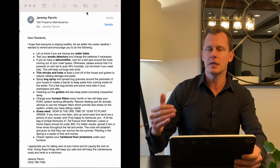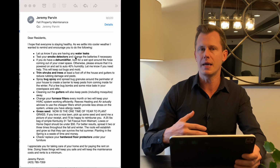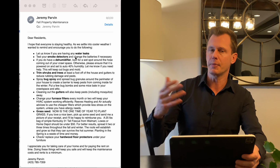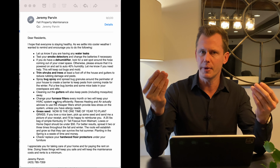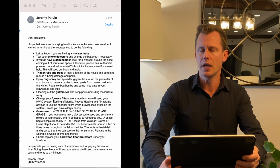fall, with a few basic preventative maintenance things for them to do, as well as letting them know that I'm going to have my team come out there and do a few things, and to be expecting them and to please let them come in the house and that sort of thing. For example, in the fall, we'll clean the gutters out. I'll typically have my maintenance guy go inside and kind of touch all the plumbing to make sure it's not wet underneath, and also just to kind of see that the tenants are taking good care of the property as